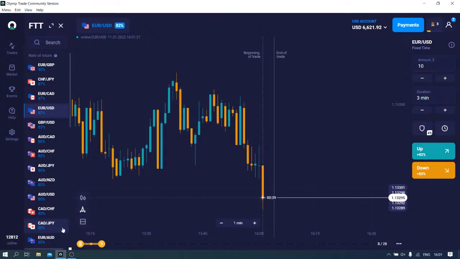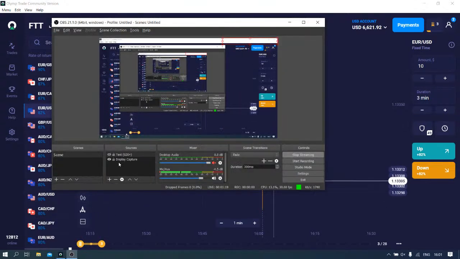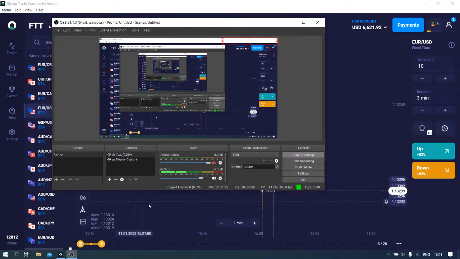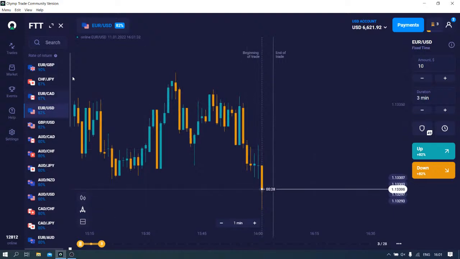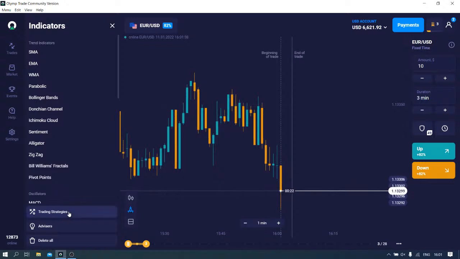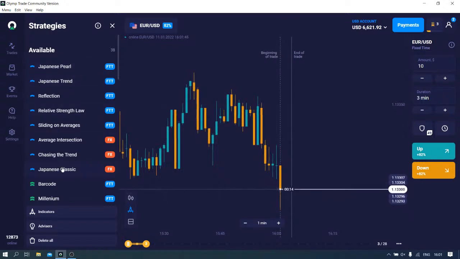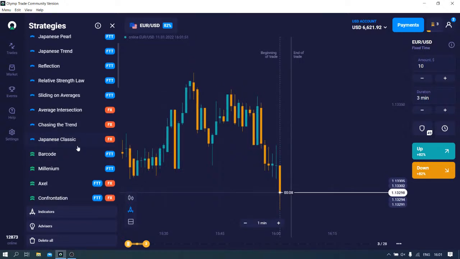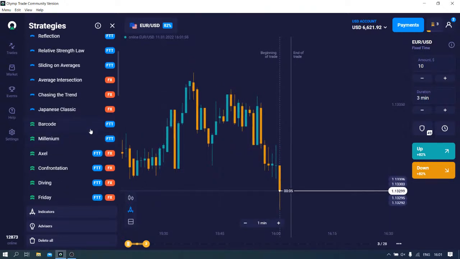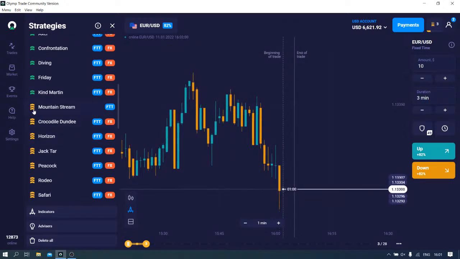Today we will be trading on the platform, and I will choose one of the strategies that are listed here. Let's check them. As you might have noticed, some more strategies were added, available for starter level users, so basically for everyone. However, if you would like to get more strategies, you should upgrade your status to either advanced or expert.